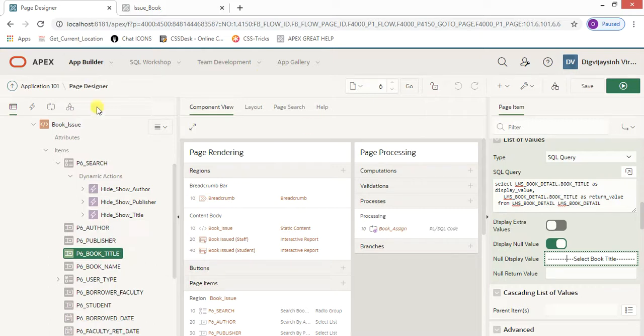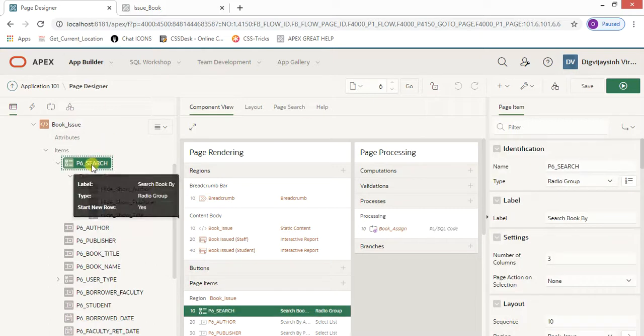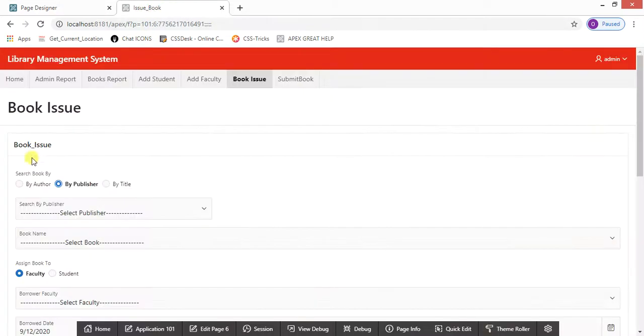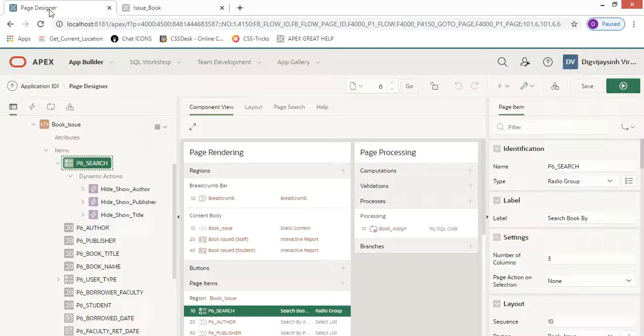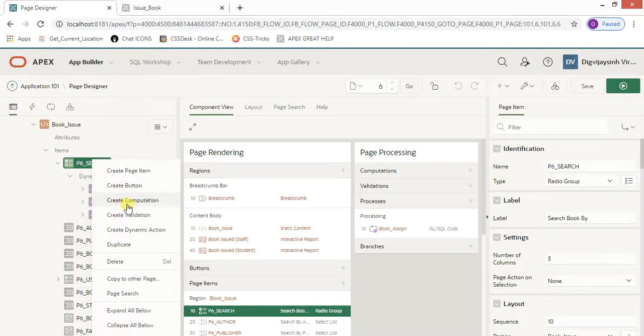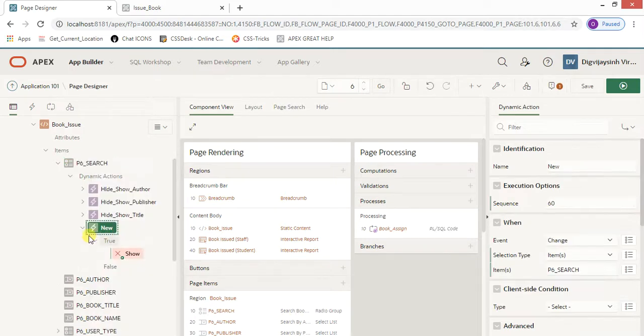You need to go to this item, because I want to execute things on the basis of this item, that is search by book. So just right click on it and create a dynamic action. Let me create the dynamic action for you. It will be like this.